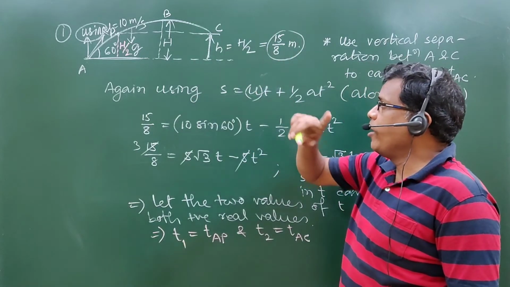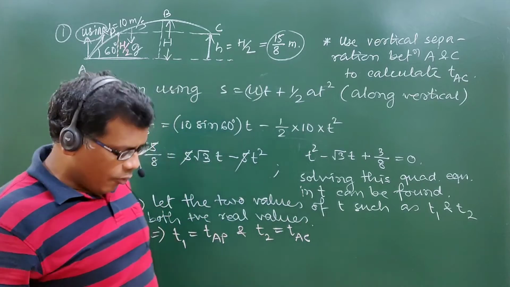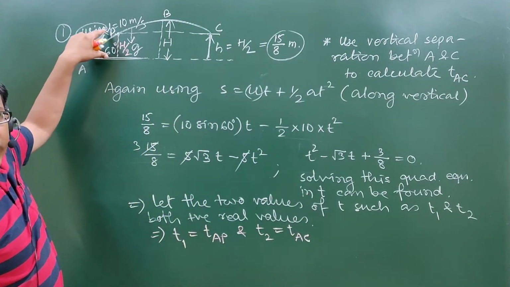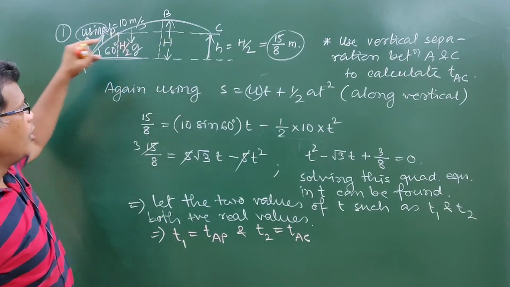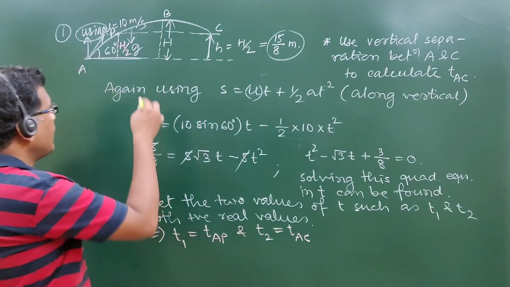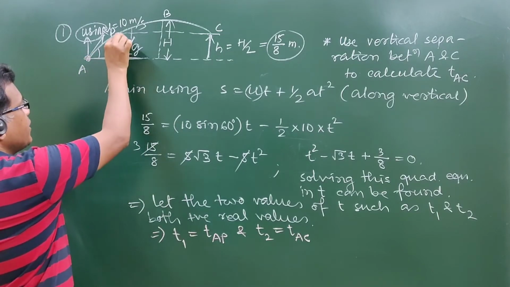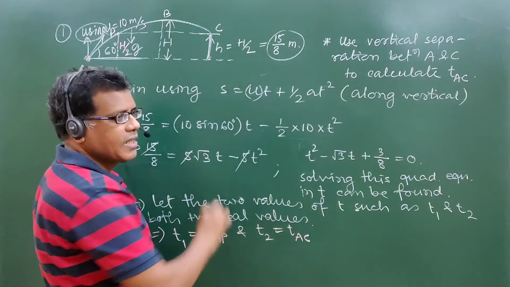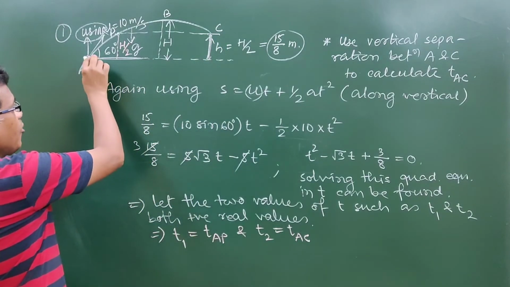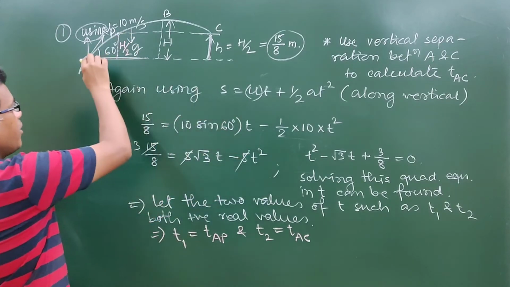Because for both cases, while crossing P or while reaching C, we can say that we are reaching a vertical displacement of h by 2, with A being the initial point in both cases, because of which we can calculate the vertical separation as half of the maximum height. So one valid value of t from the solution will be the t